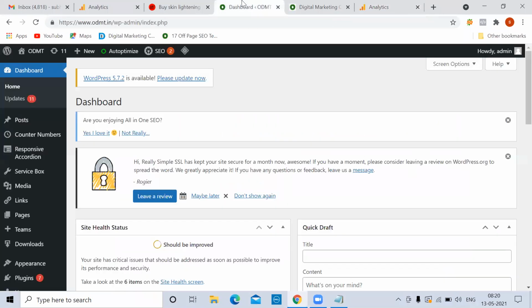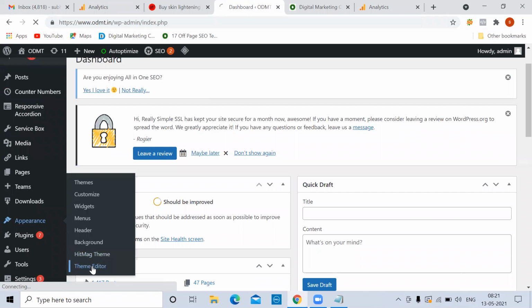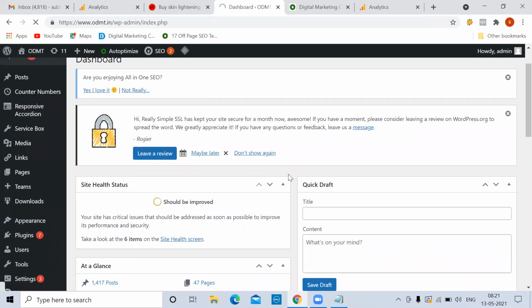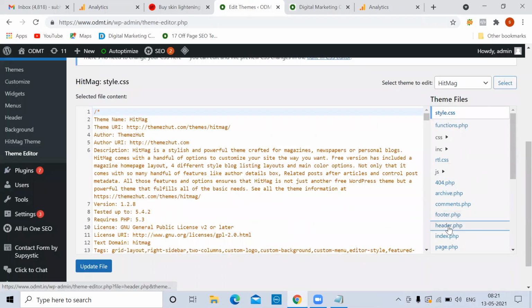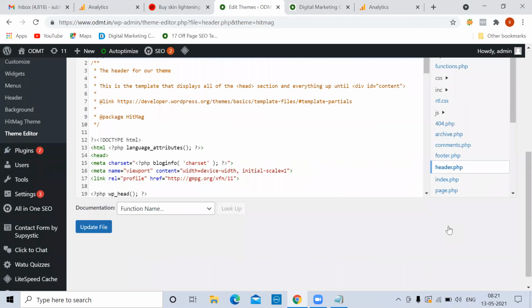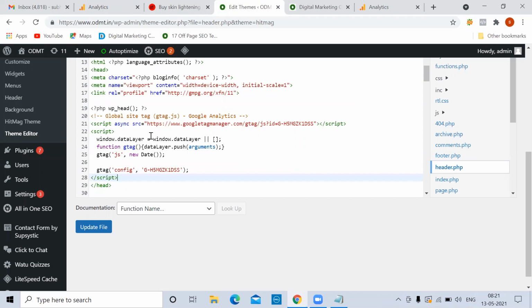and come back to your website. You have to paste it in every page. Instead of pasting in every page, go to Appearance, Theme Editor. So here header and footer will be there. Go to header. People paste in footer also, but practice the header. Now this is the open head. This is the close head. Just before the close head, paste the code. Check properly. Just before the head section, I pasted it and updated the file. Now the code is inserted. This code alone tracks everything.